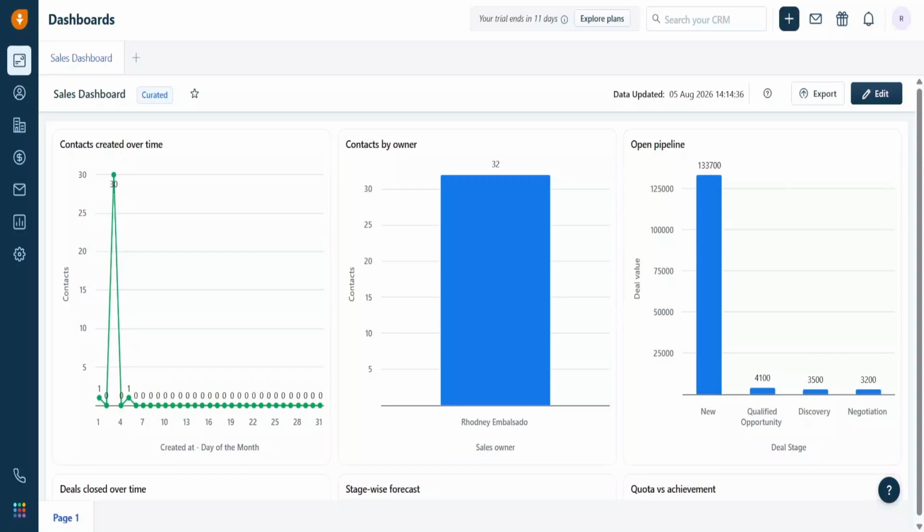In today's video, I'm going to teach you how to import data from CSV to Freshsales. Importing data into Freshsales is a great way to add contacts, accounts, deals, and even other record types in bulk